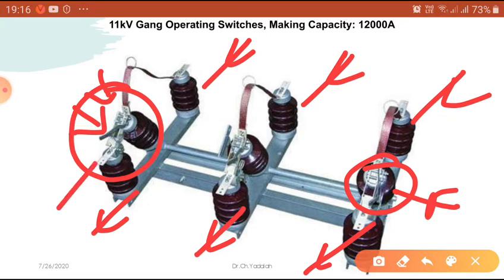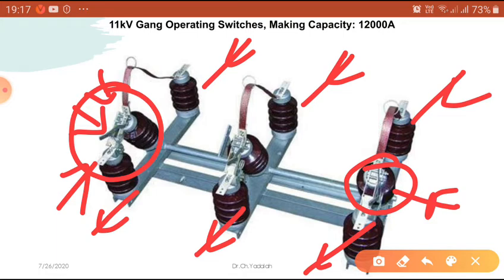If you are using oil, you require some maintenance because that should be airtight. If there are 5,000 liters of transformer oil and you drop one drop of water, that may be contaminated. Then the dielectric strength of the oil decreases. What to do? Once again we have to filter that oil by using oil filters. Here we are not using any oil, so there is no maintenance needed. That is one advantage.